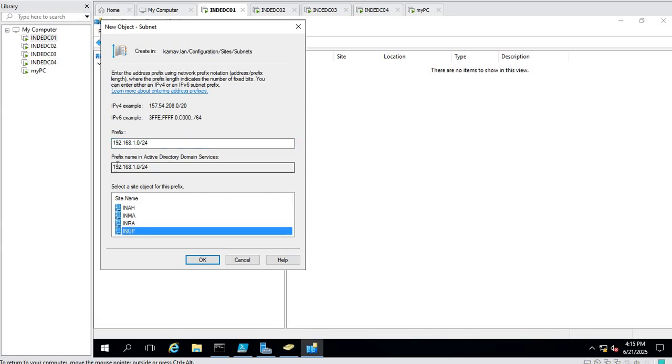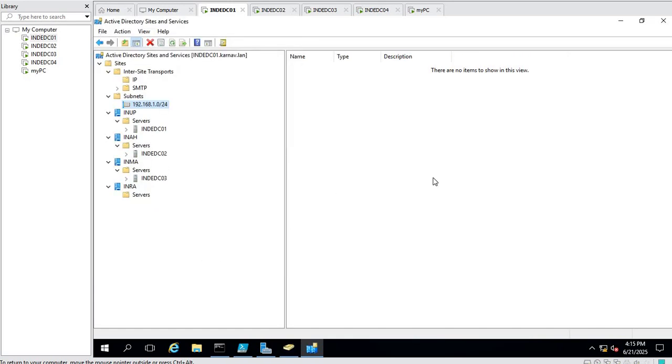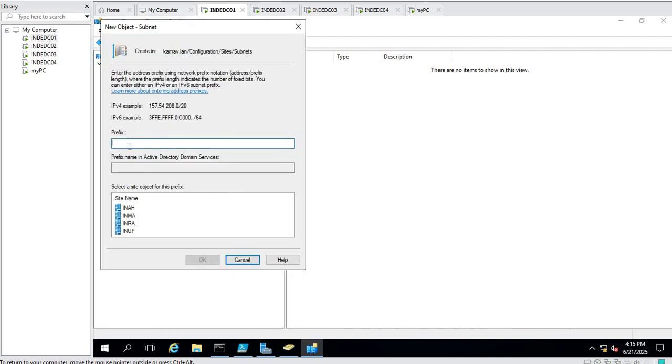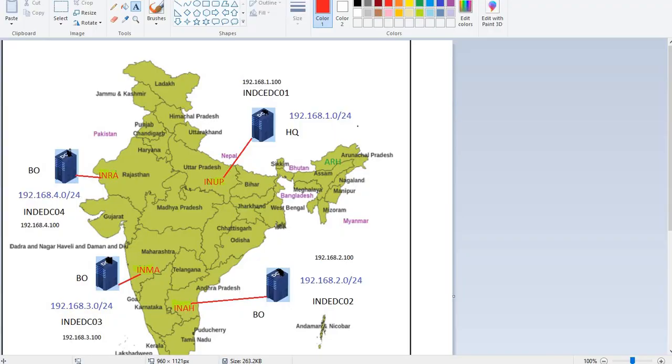Please remember, if you are not seeing something under the prefix name, it means you are not providing correct values here. INUP, and another one is 192.168.2.0/24. It belongs to my site INAH,